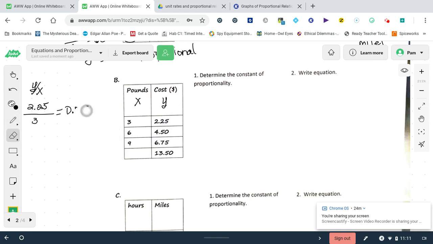Okay, 75 cents. Y'all bear with me. I'm doing the best I can. All right, then you're going to take 450 and divide it by 6. Well, if you take 450 and divide it by 6, 450 divided by 6 is also